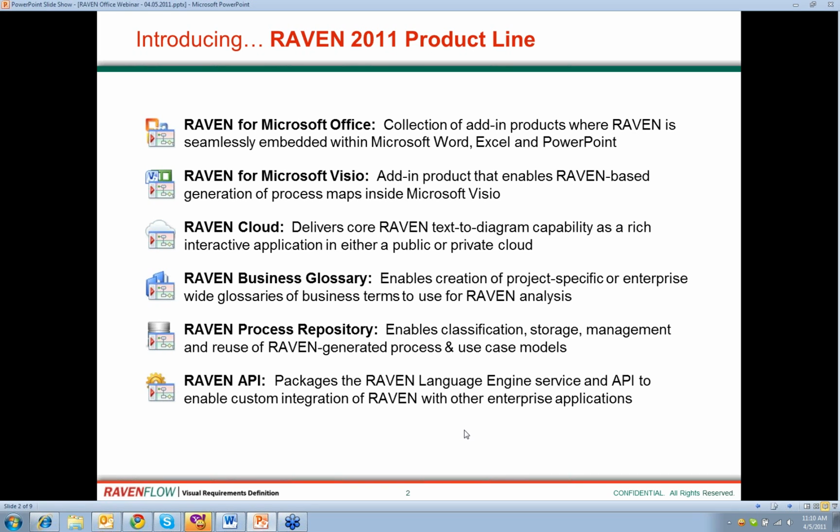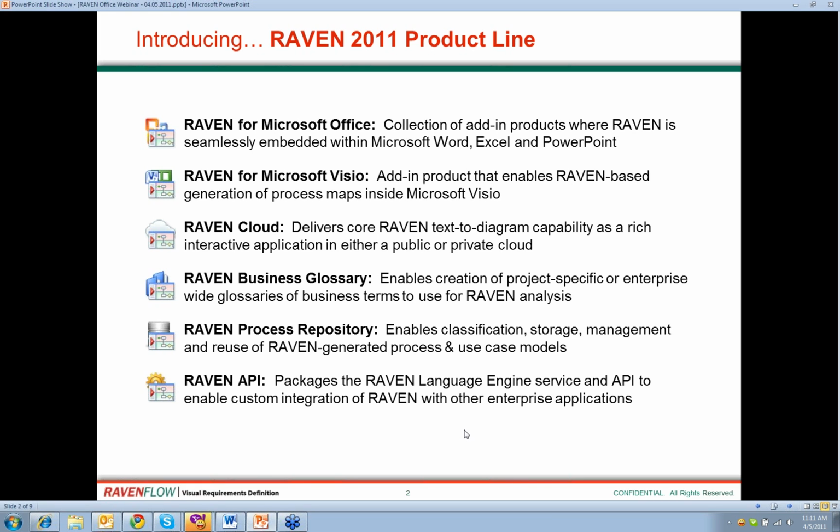many of the BAs that we talk to might have Visio, but a lot of them don't. And they really stick to Word and Excel for structural requirements collection, or put together flowcharts with the drawing tools of PowerPoint. So we've kind of separated those out, but still that's going to be the focus of where the Raven capabilities are delivered on the client side, which is within Office or within Visio or any combination of those